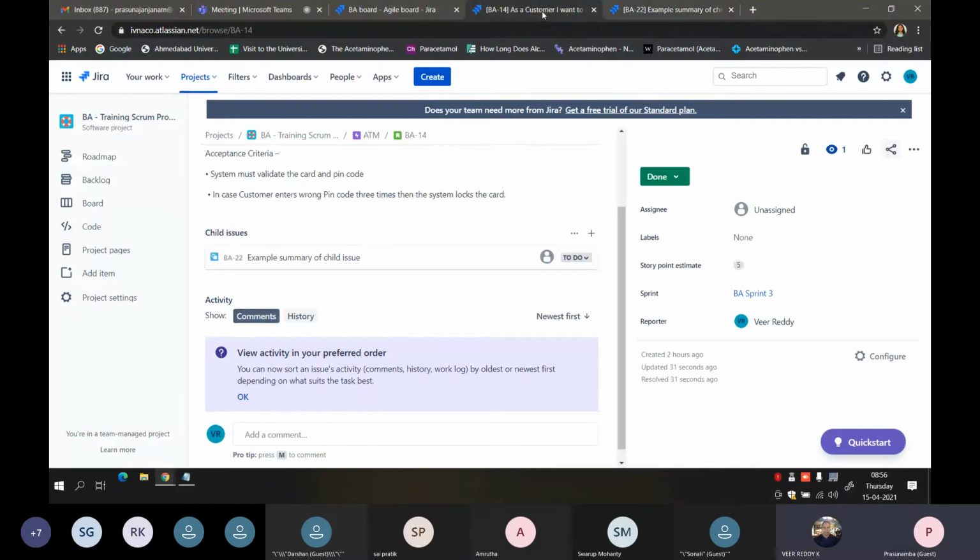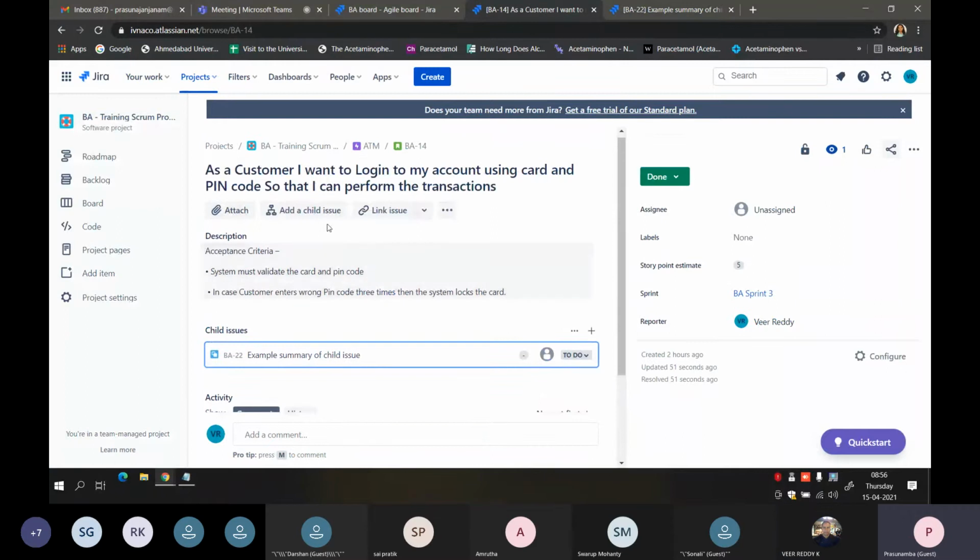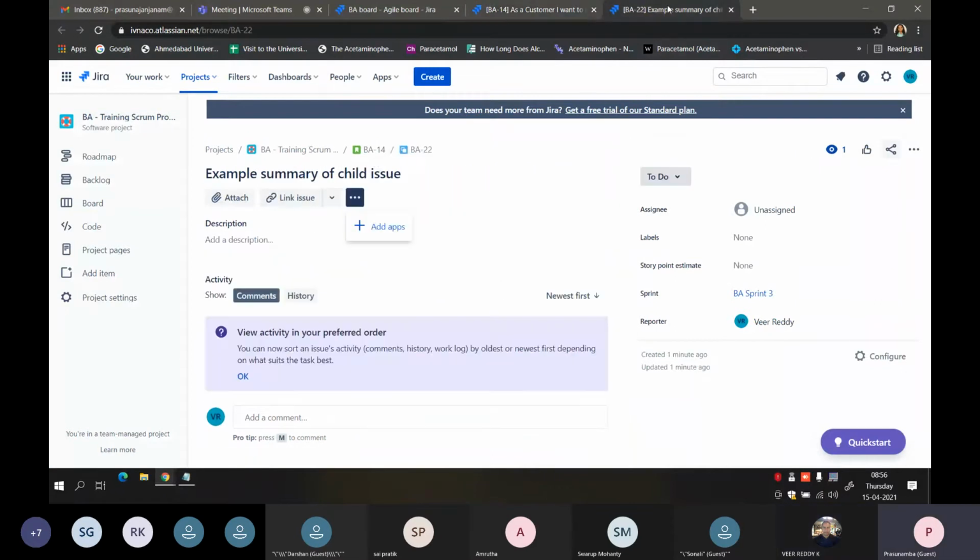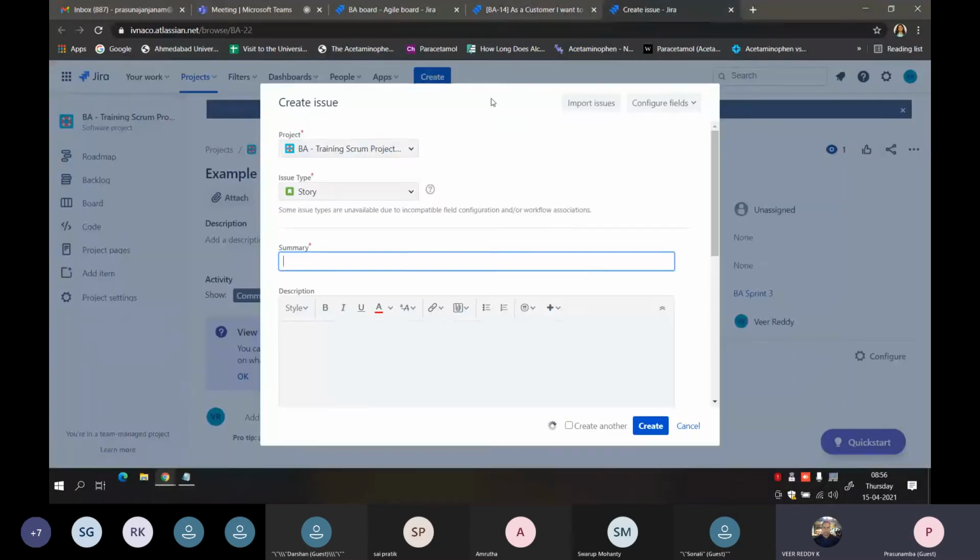The story gives you an option of creating a subtask, creating a child issue, but a subtask does not have another option of creating one more subtask. But I am creating a bug over here.